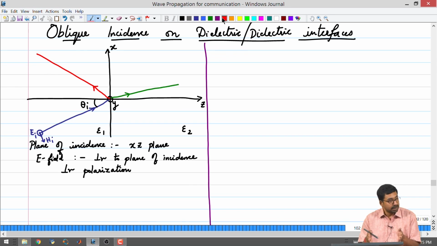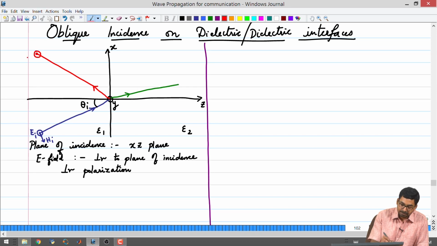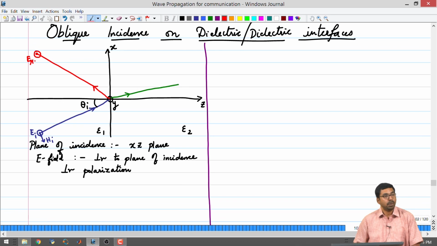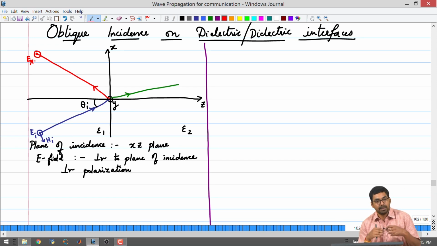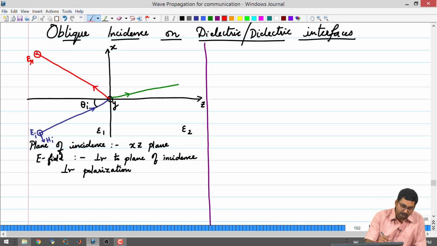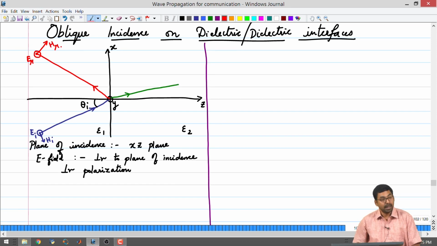If that is the case, we can go ahead and say that my reflected electric field is going to have the same characteristics as the incident electric field in terms of direction. But now the k vector is going in another direction. So, in order to satisfy that, the magnetic field is going to align itself to form a right handed triad. Since the direction is reversed over here, the magnetic field has to flip its direction compared to the incident. So, we can go ahead and mark a reflected magnetic field looking like that.